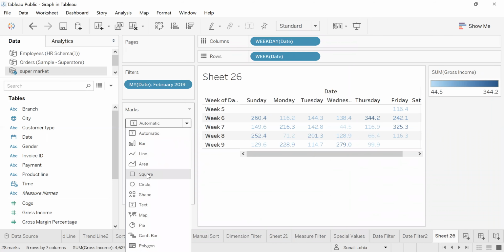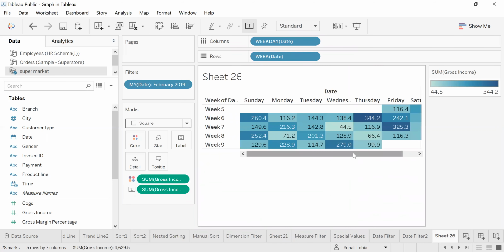Make it square, right? So you see it is filled with the number and also filled with the color. The one with the darker shade has the highest value, and the one with the least shade has the least value. So it is clear, right? So just understand the concept.